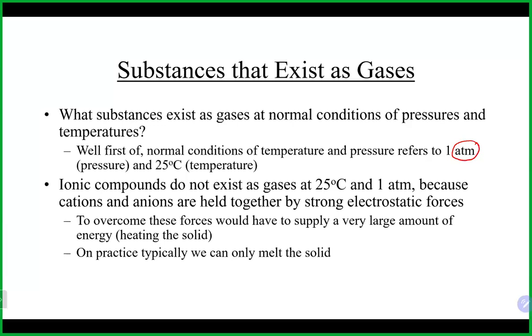Now, under these normal conditions, if we're doing something that's ionic, which, as we know, hopefully by now, is a metal and a non-metal together, they typically do not exist as a gas under normal conditions. And that's because of the really strong attractive force. I think we've touched upon it as we've gone through some of these chapters. Probably one of the strongest attractive forces you could have is that electrostatic attraction between the positively charged cation and the negatively charged anion that holds it together.